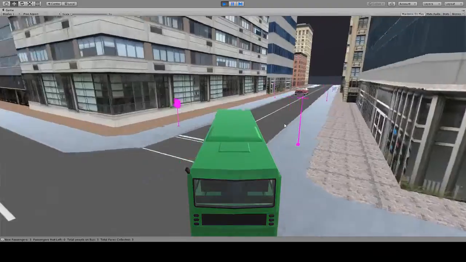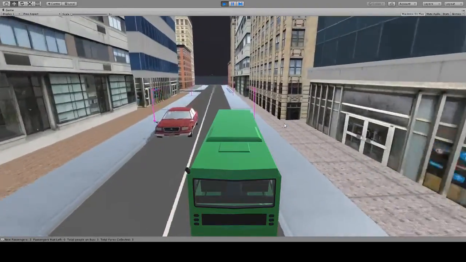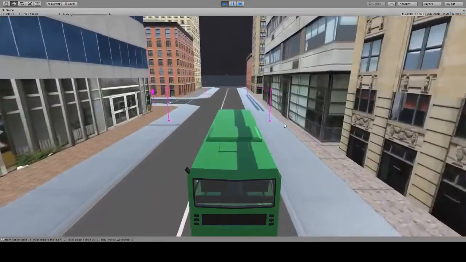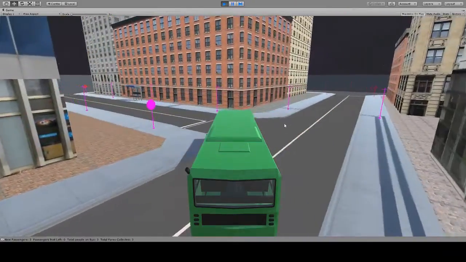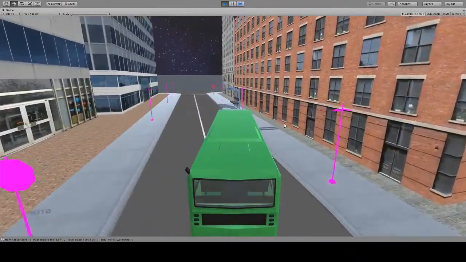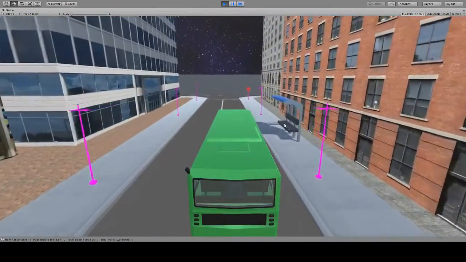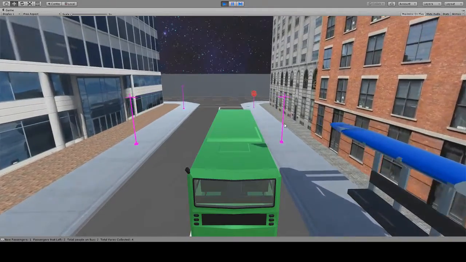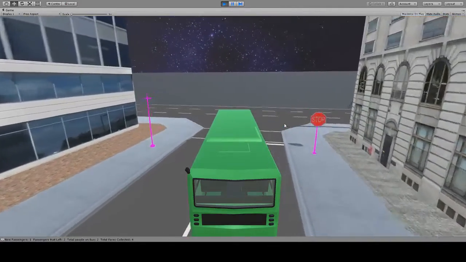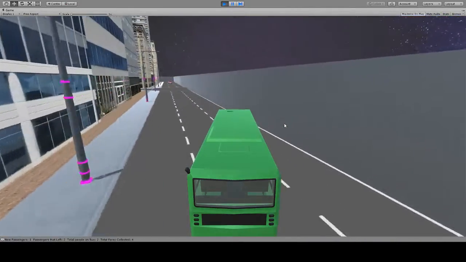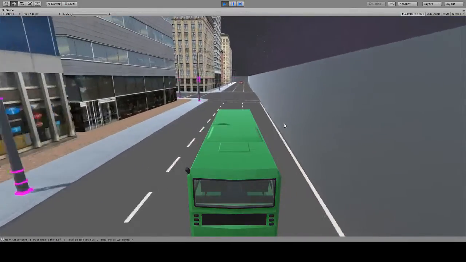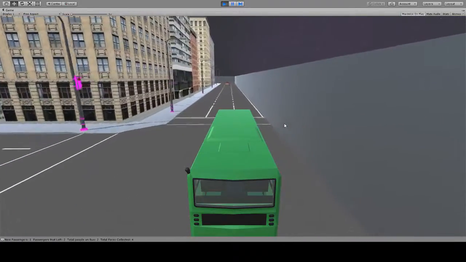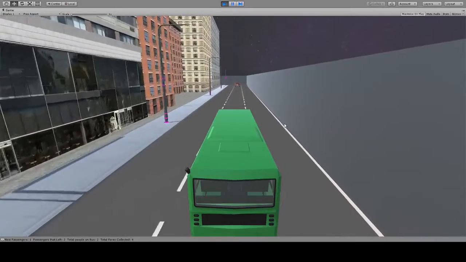So the player is tasked with looking for the bus stops, driving up to them, and picking up passengers. Again, all this is just represented in the bottom left-hand corner right now, but it will eventually be represented larger in the screen. So the player just rolled into a bus stop right now, and it's now driving away. As you can see, the player can drive throughout the city, avoid the cars, follow the traffic laws, and try to get the most passengers for their algae bus.